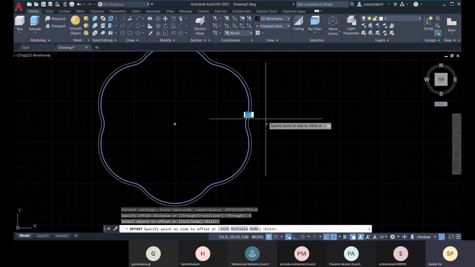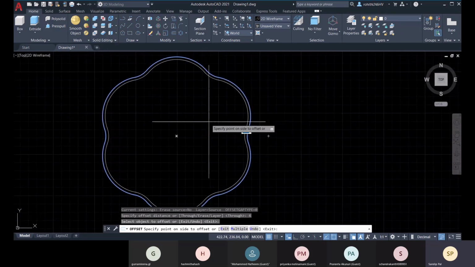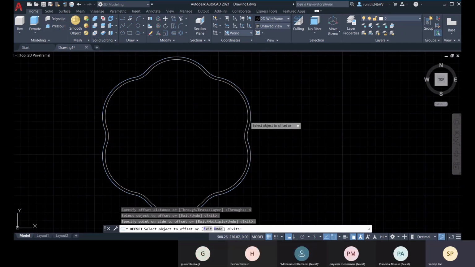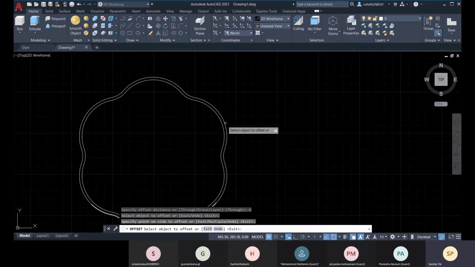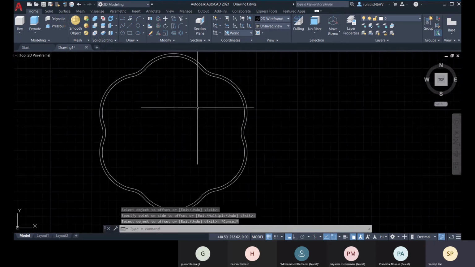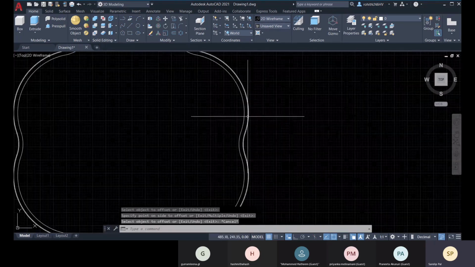So that is also again depends on your total diameter value and your sizes. So I have taken this as an outer, okay, and now I have this one.